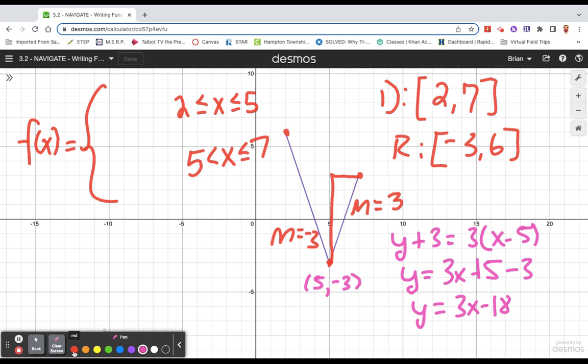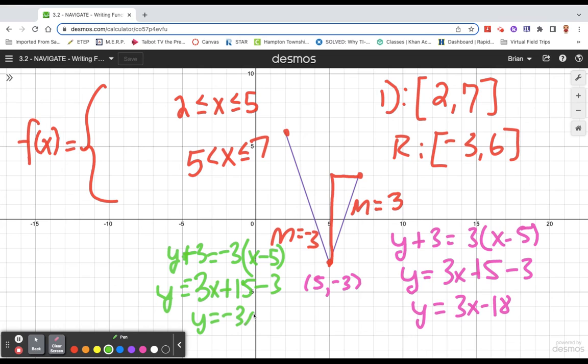If we do the same thing to the other side, we can write an equation for the other side for our model. So again, y plus 3, this time our slope is -3, and x minus 5. Same thing, we're going to multiply out the right, -3x plus 15 minus 3, y equals -3x plus 12. So our two parts of the graph will be -3x plus 12, which matches the slope we found from looking at the picture,